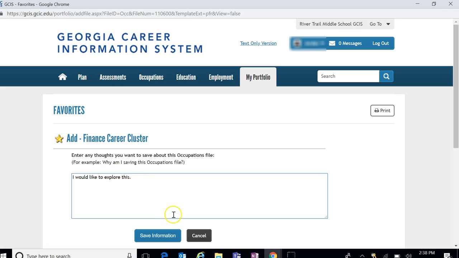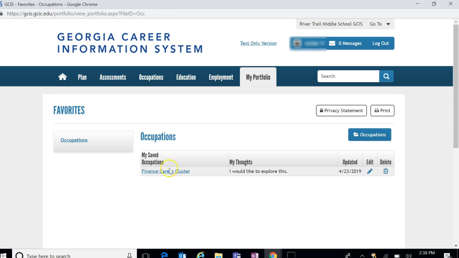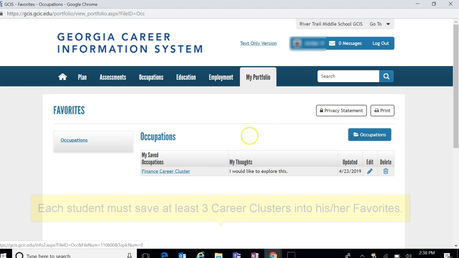Okay, so you can add some notes. I would like to explore whichever notes you like. You save your information. Notice my cursor. It will not save unless you click Save here. So save information, and now it's in your favorites under My Saved Occupations, but it's actually, notice, Finance Career Cluster